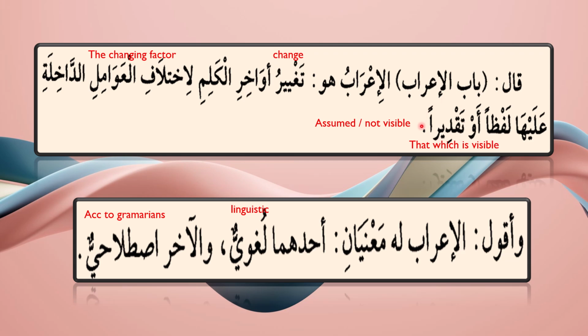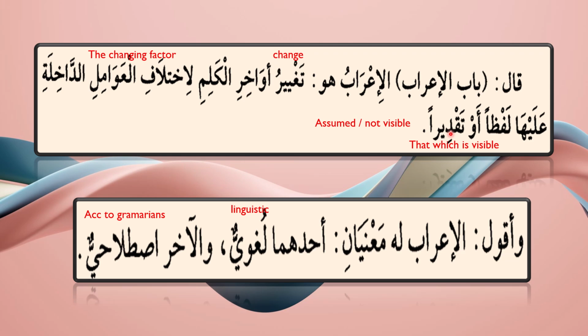Or it can be taqdiri. Taqdiri means that which you are not allowed to put a haraka over the last letter. There are certain letters which don't accept harakas over them. So we will learn inshallah in this lesson about those letters also. In this case, those letters which do not carry any haraka over them, we call them taqdiri. So we don't visibly write dhamma, fatha, kasra on those letters, but we assume that there is a haraka, but we are not allowed to write it. So in this case, it is called taqdiri or muqaddara, haraka muqaddara, as we say in Arabic.